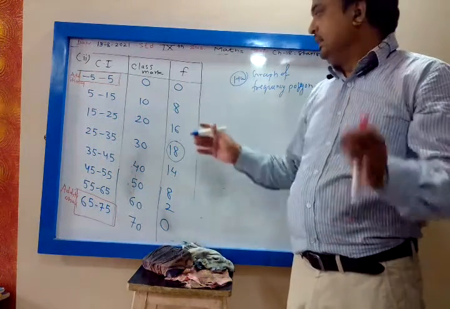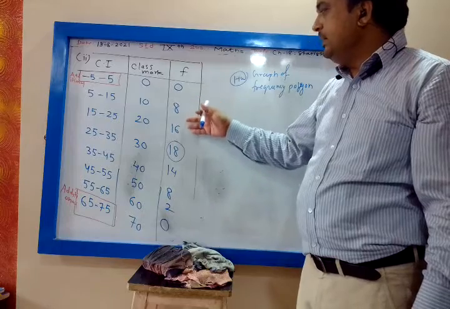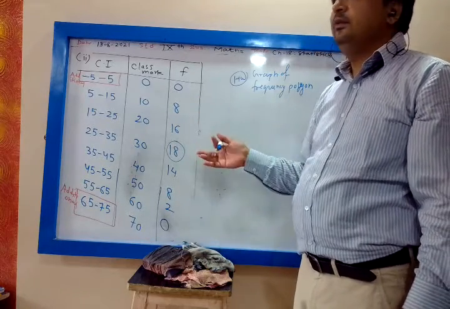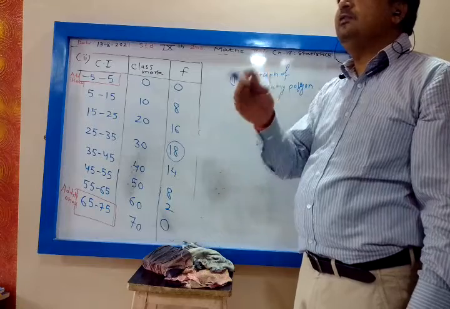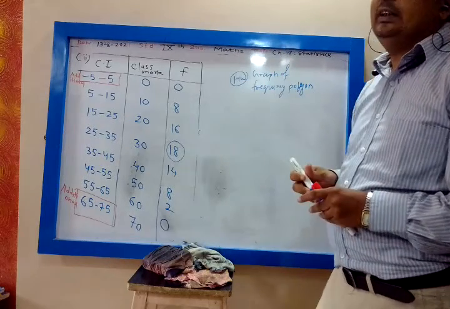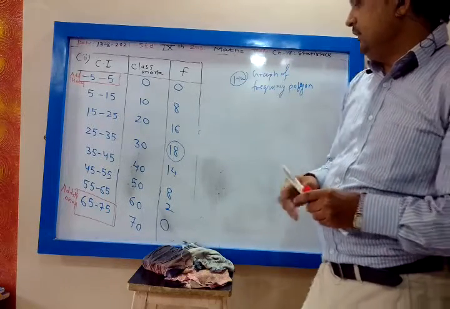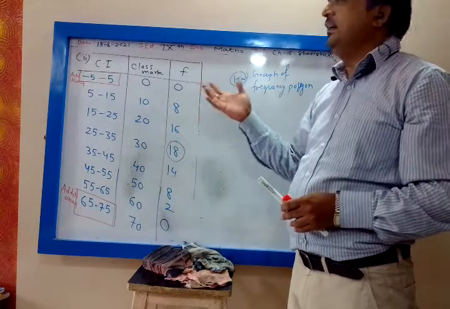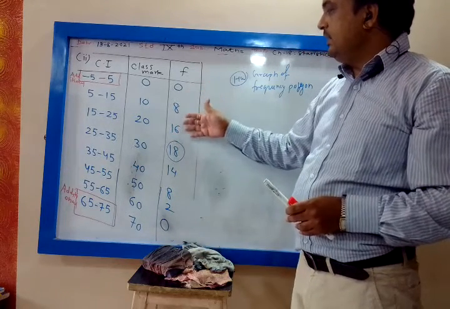So what you do, see, many of them come in the table of 4: 8, 16, 8, 2. So you will take 1 centimeter as 4 units. That will easily help you to plot this: 2, 8, 14. Don't take 5, because some of these entries come in the table of 4.